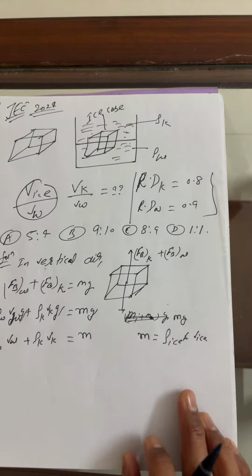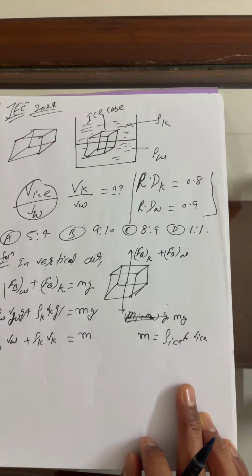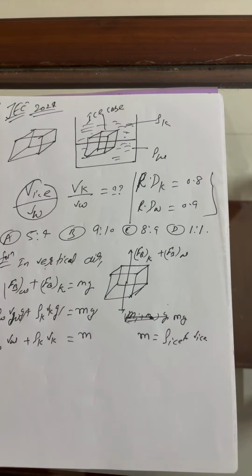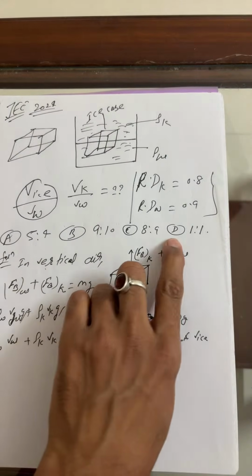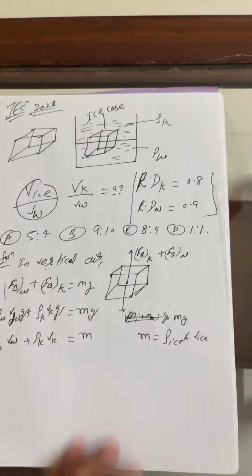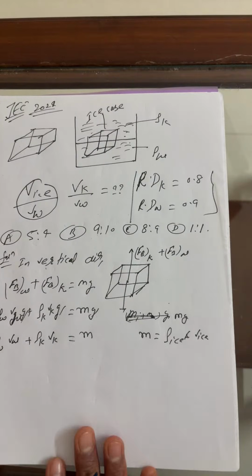I'll go through this here. Raju, wait. I got the answer theoretically 1:1. Aditya Krishna, 1:1. I took the ice density as 0.9. Okay, fine, very good. I can say everyone has the same answer, which means according to all of you, answer D is correct. I don't know, I'll see how this is.